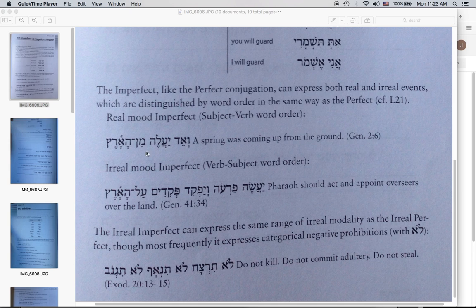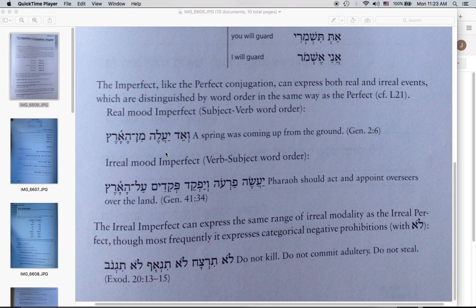So Va'ed ya'aleh min ha'aretz, and a spring was coming up from the ground. This is a real mood. The irreal mood, we'll see a verb-subject word order. The verb has been moved to the front. Let's look at the example. Ya'aseh paro v'yafked p'kidim al ha'aretz. It's translated as Pharaoh should act and he should appoint ones who are appointed, or overseers, over